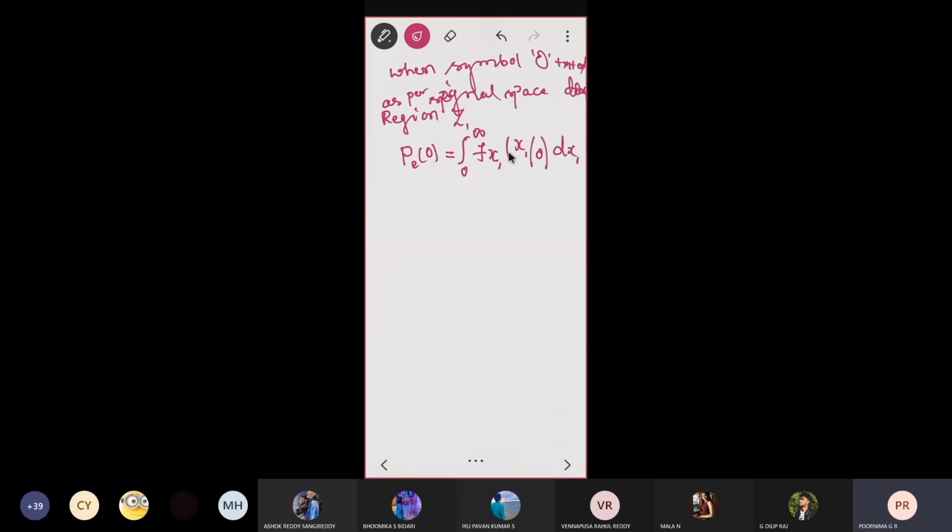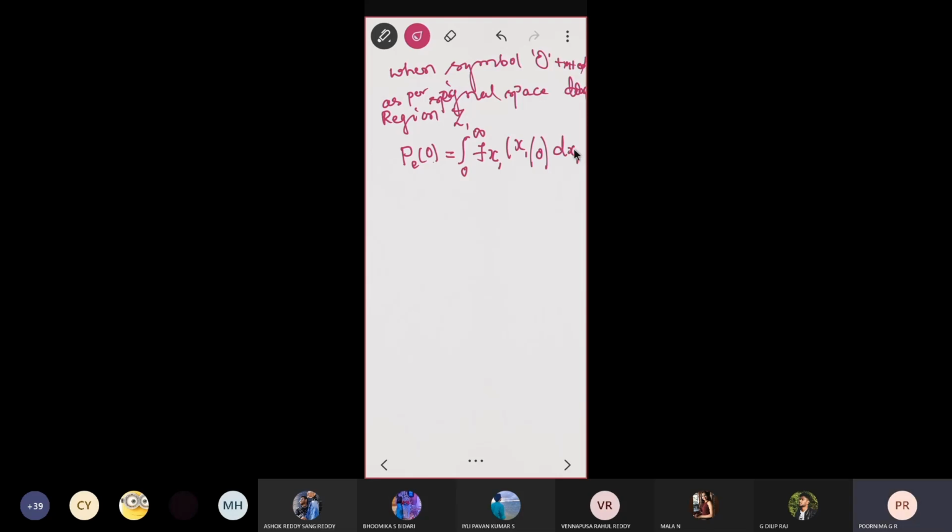What is f of x1 given 0? We have already proved that it is 1 by root of pi N0 from equation 3. I'm rewriting this, with x1 from 0 to infinity, because that is region Z1. So this will be equal to e to the power of